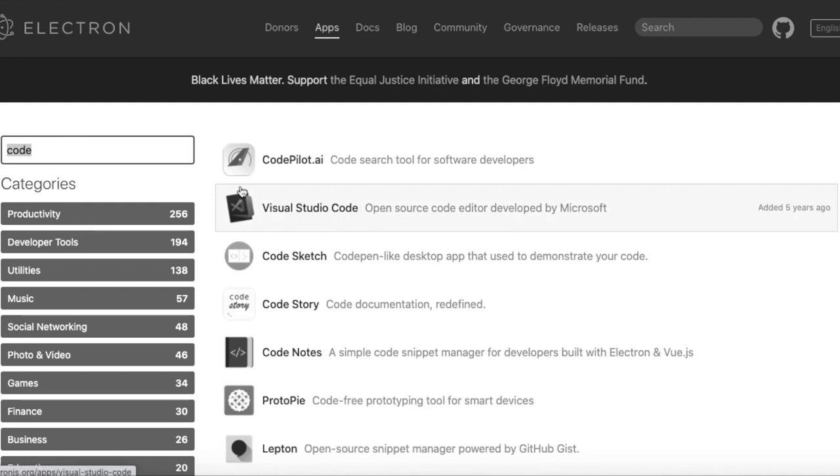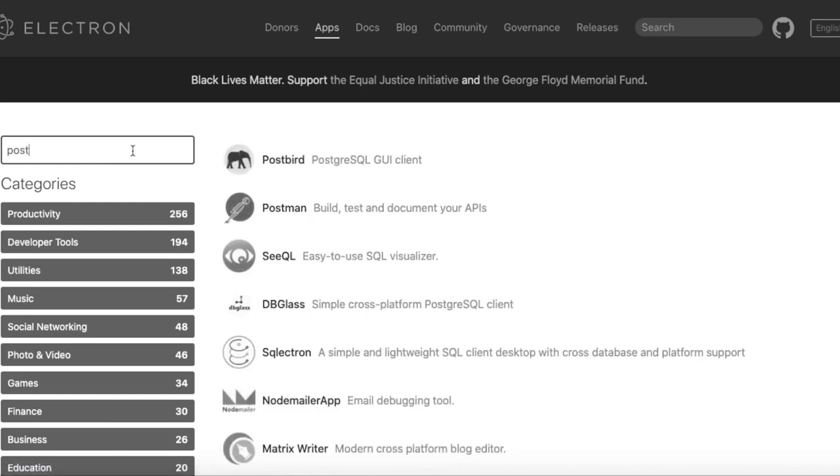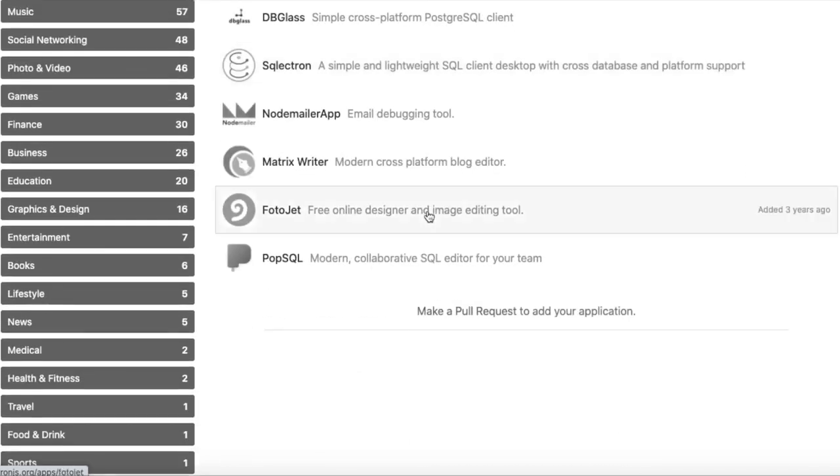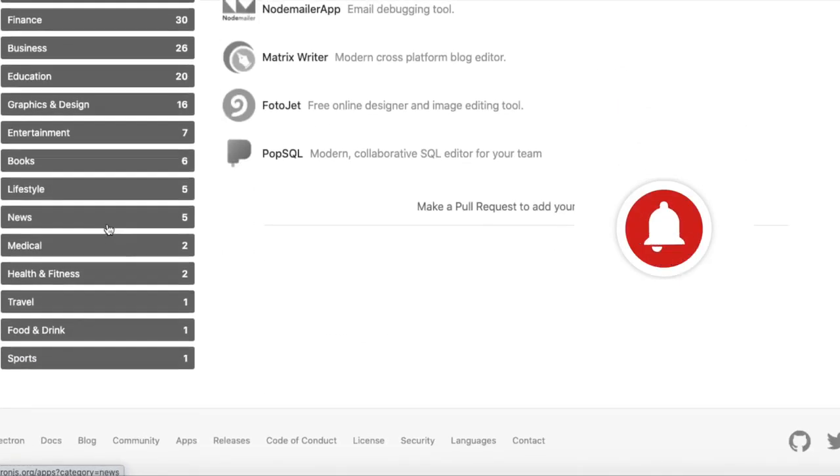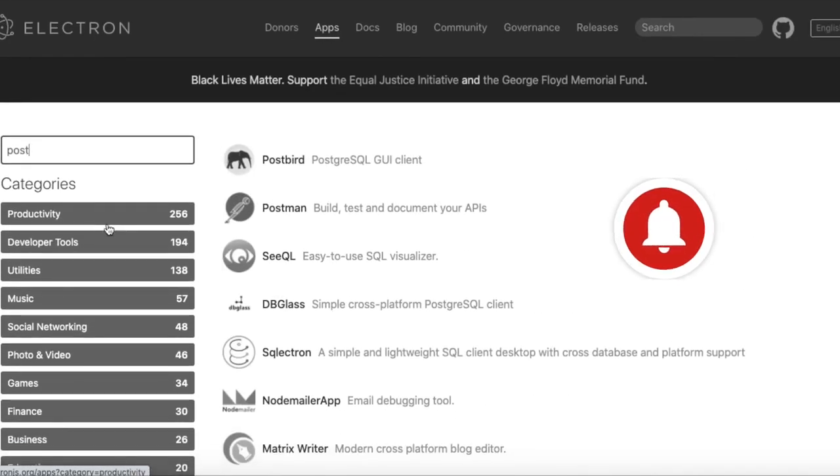This is also built using Electron.js. Another famous application which we always use is Postman. You can see Postman is also built using Electron.js. You can go to electronjs.org and see different desktop applications which are built